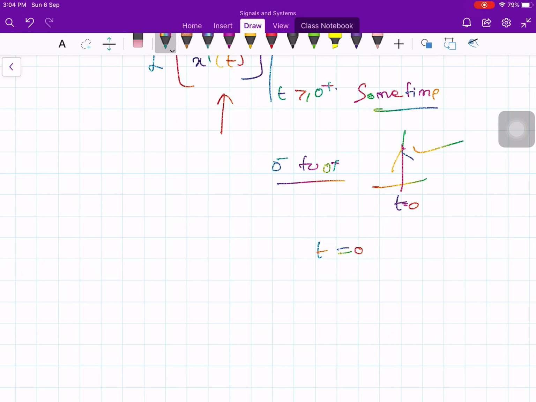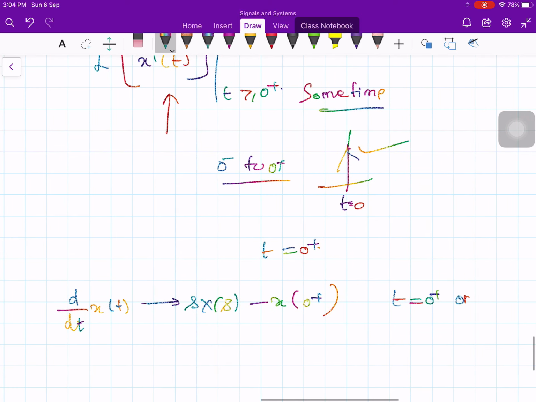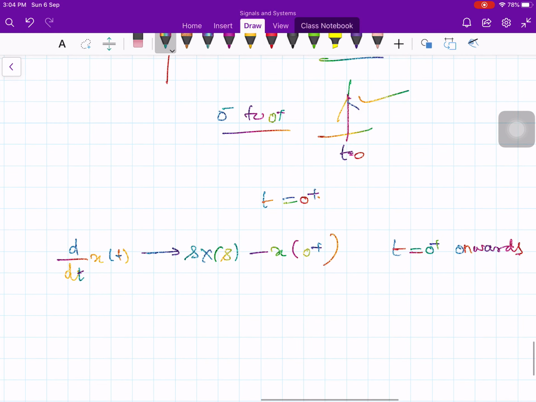In such a case, d by dt of x of t becomes s times X of s minus x of 0 plus. So this is the condition where we consider only t equals 0 plus onwards. Sometimes I want to know what is happening from t equals 0 minus onwards. Then d by dt of x of t has the Laplace transform